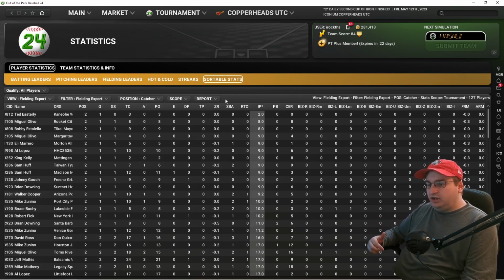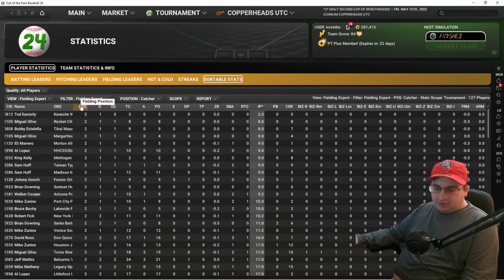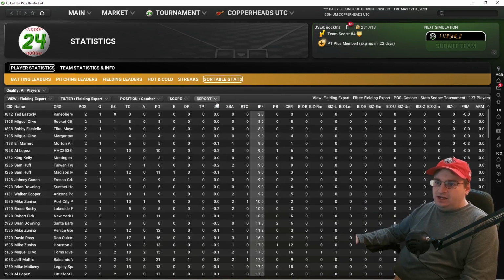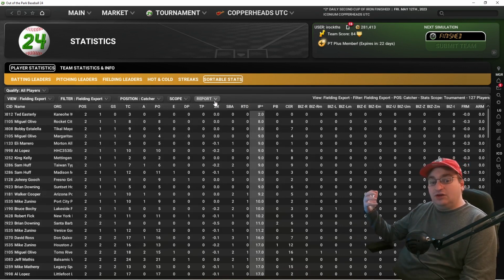fielding instead of just the 1, but it is exponentially more accurate this way. So while it does take a little bit longer, it is much more accurate. And again, that's why I put the position number here. That way, I dump this all in a fielding tab, and then when I get to filtering things out, I